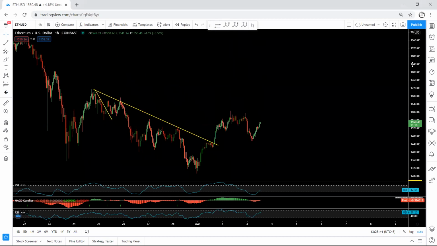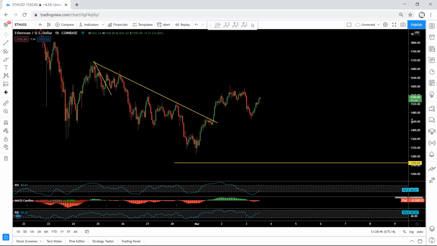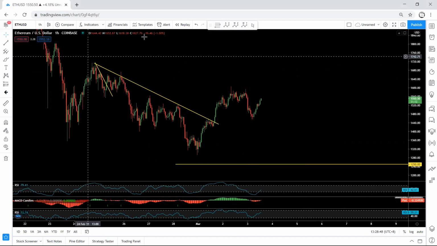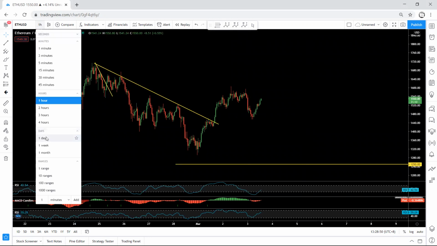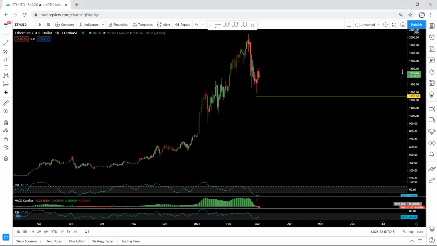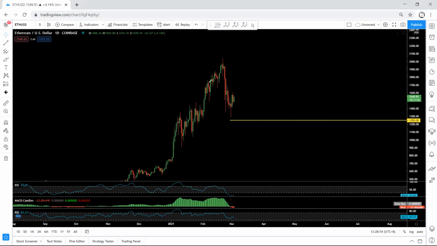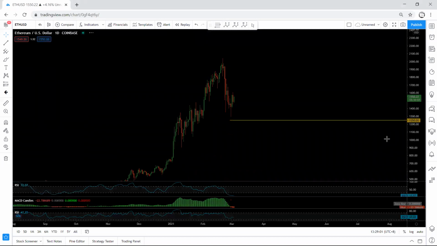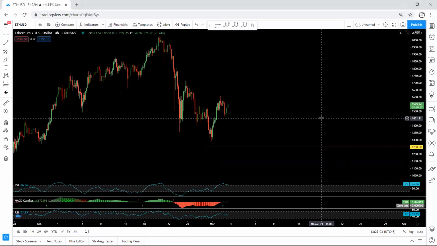Now we want to see how we can look for the next trade, whether we should look for a buy or a sell. First of all, we move to a higher time frame, the daily chart. We can see after this breakdown we get this. Now we want to see whether this is a correction for one more drop, or the start of the up move. And if we move to the forward chart,